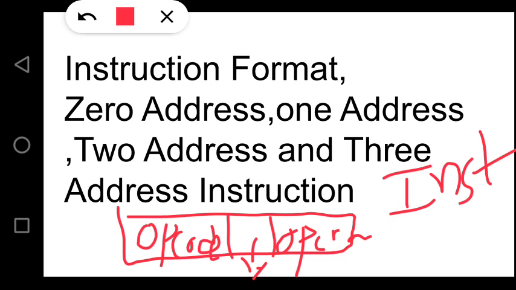From the instruction register, the control unit, now the IR, the instruction register, has an instruction. Now what is an instruction? An instruction contains two or three parts. We will discuss in today's class what those important two parts are.